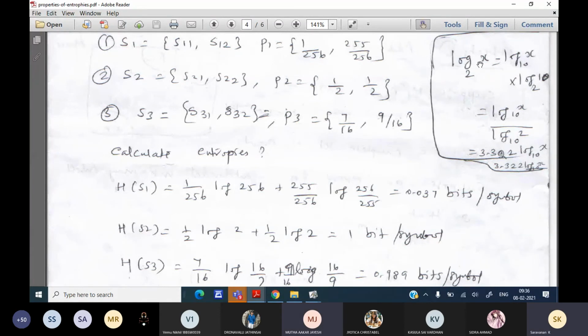So to get the formula for entropy, it is pk log 2 pk, right? Log pk to the base 2, I mean. No, it is summation of pk log 1 by pk. So entropy is seen as average information. Average information only, it has a minus sign. So to remove the minus sign, you should replace the log x term by log 1 by x. Okay, log 1 by p.